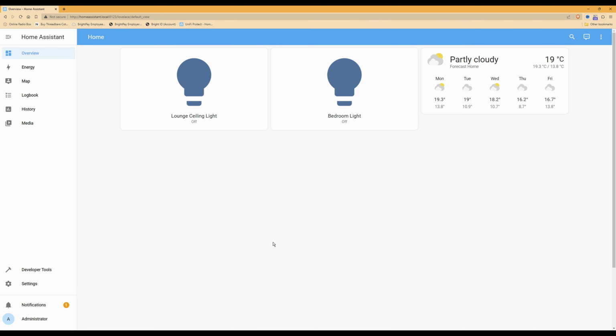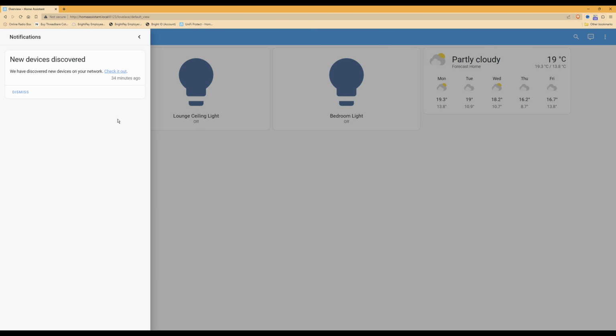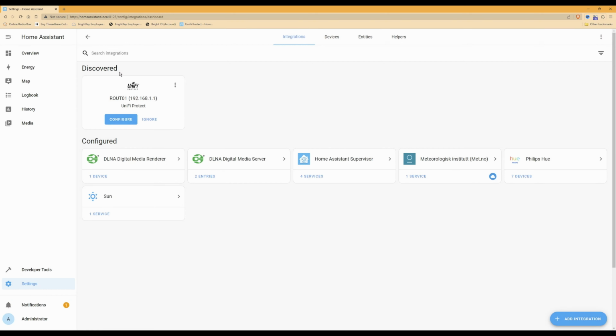Now in Home Assistant you should already have a notification in your notifications window, which you will see from the left hand side menu at the bottom. You should have a notification saying that it has discovered new devices. So if it has, then click check it out, and then this will take you into the integrations window automatically